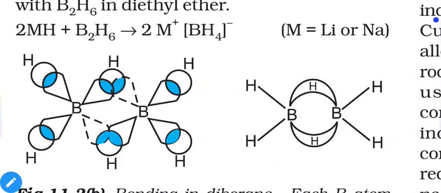The bridge hydrogen bonds are also referred to as banana bonds in diborane because they appear to be in the shape of a banana. The actual shape will be different, but we can assume the attachment of each hydrogen with two different borons will make them show something